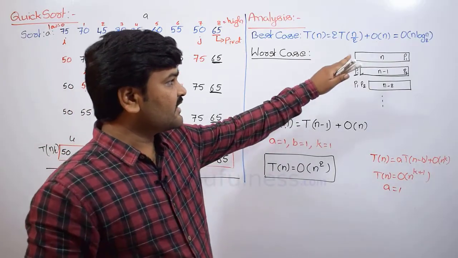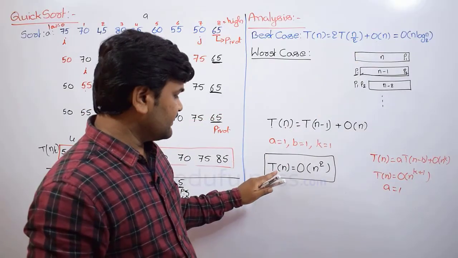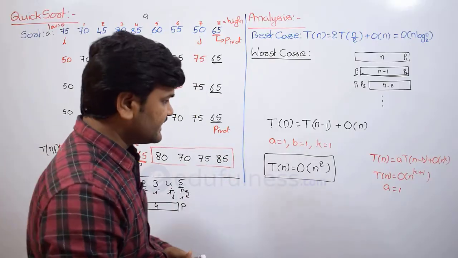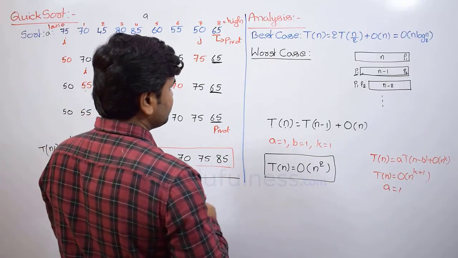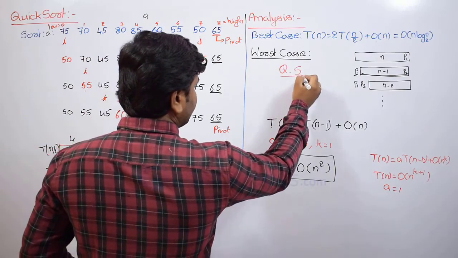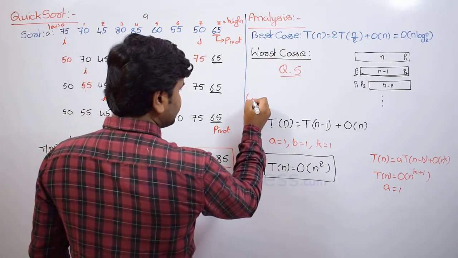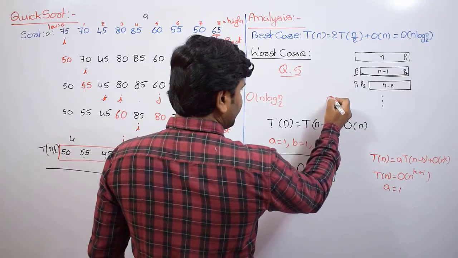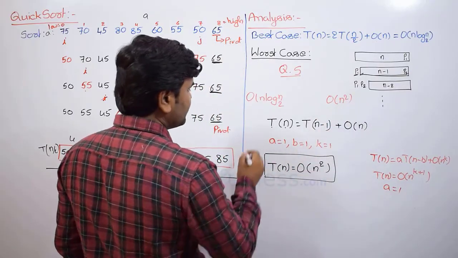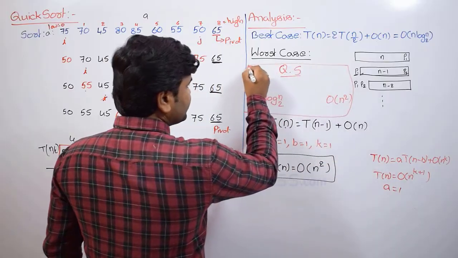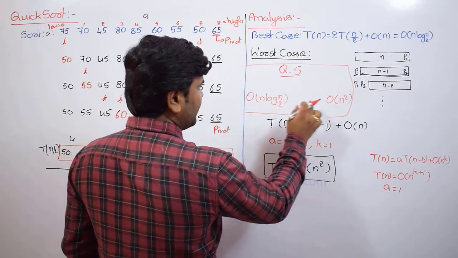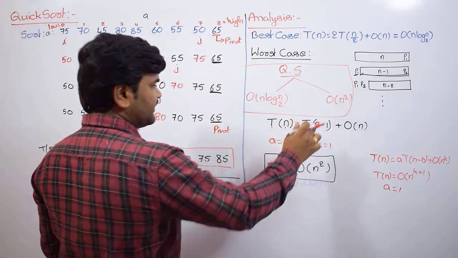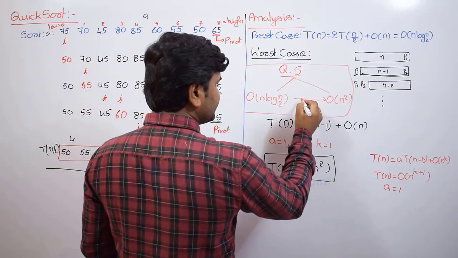So you can see best case time complexity is order of n log n and worst case time complexity is order of n square. And very importantly, if you see here itself, we are saying that the quick sort time complexity in the best case is big O of n log n base 2, and here we are saying big O of n square. So don't think that the time complexity of quick sort is either n log n or n square, no, it is always between these two boundaries. It may be anywhere between these two boundaries.